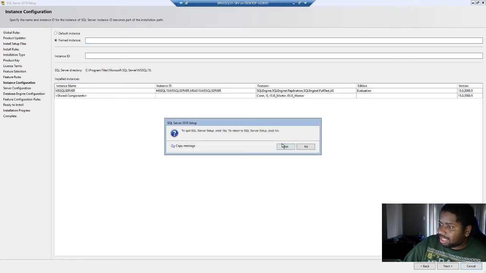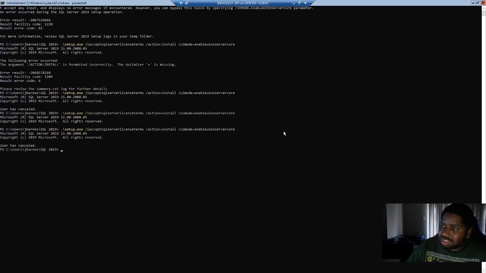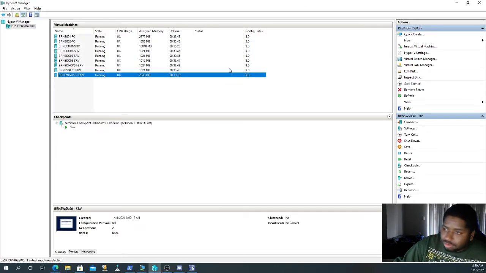But I'm going to click cancel because I've already installed the SQL Server. The reason that I have SQL Server is because there are certain things that do require SQL Server, things like SCCM, for instance. But SCCM also requires some other different things, which we're going to get into today. So I'm going to close out of this, and we're going to set up today, we're going to start off with